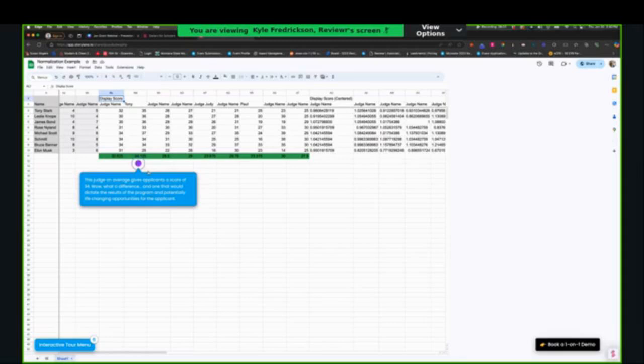So what if you were one of the organizations that does random assignments where every applicant was randomly assigned to a judging committee, and you unfortunately got the short straw, and you got Judge Judy? That basically tells me that you are going to be scored on average 10 points lower than your peers who got scored by Tony. That's a big problem. So now we know that, and you guys can start to take action on that